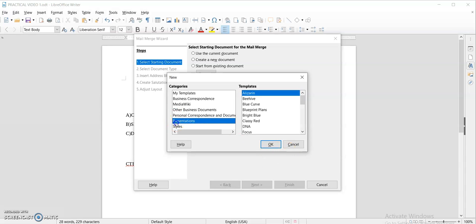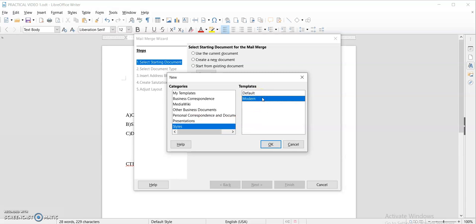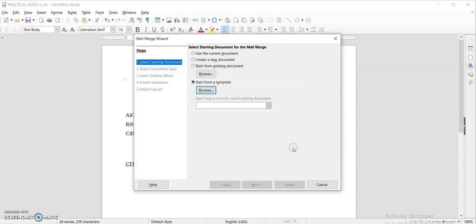If you want to present anything, you can click on the presentation, and these are the different templates of the presentation. If you want to give a modern style to your mail wizard, you can click on the modern. This is how you can manage your mail wizard.